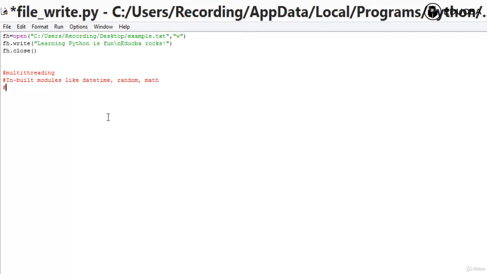Then we have some things where we will go on to NumPy, SciPy, Pandas, and Matplotlib. These are third-party modules which we need to use extensively for plotting different data which we get from IoT devices and from sensors and stuff like that, which are quite important for data analysis, and we will learn them all in the advanced module.